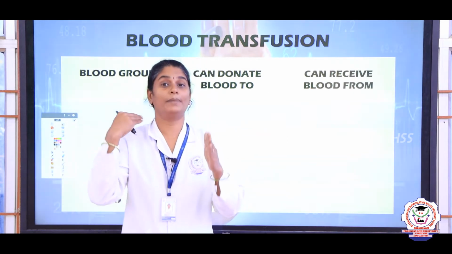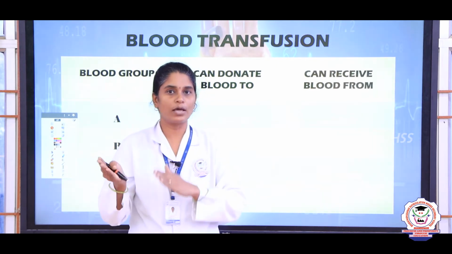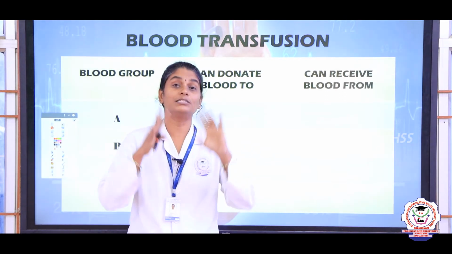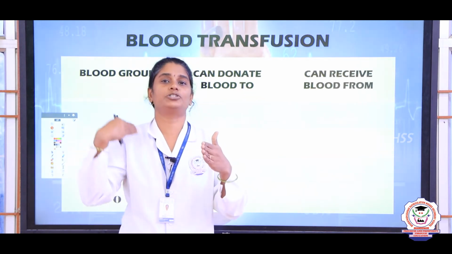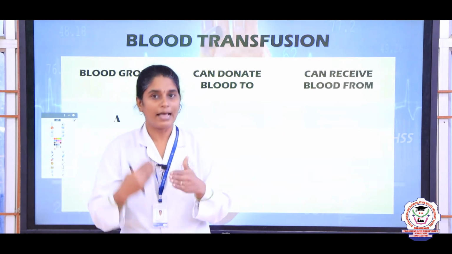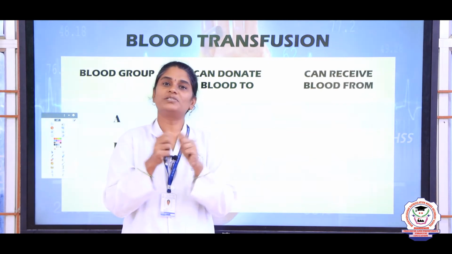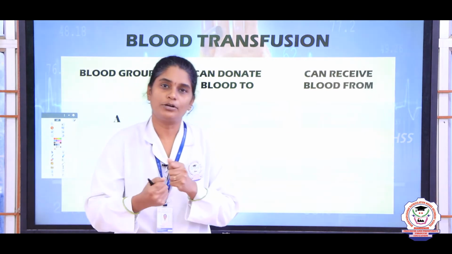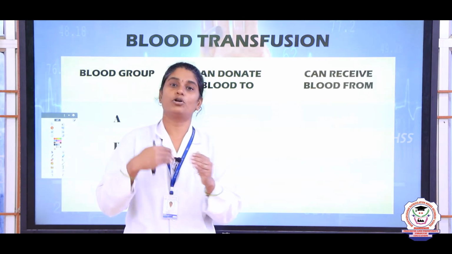So, before we do the blood transfusion we have to check the blood group of the donor as well as the recipient. Donor means who is giving the blood and recipient means who is receiving the blood, right. Whether they match or not, we have to check, and only then is the blood transfusion done. Suppose the blood is not matched, what happens? It leads to sticking of red blood cells. Once the blood groups do not match inside the body, the red blood cells get stuck together and it will lead to death. So we should not give a blood group that does not match to that person.